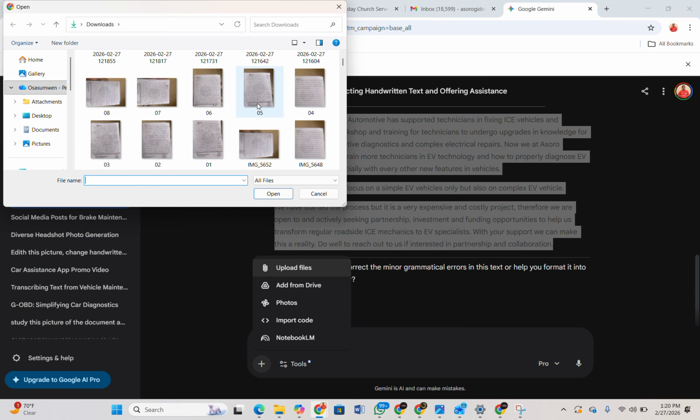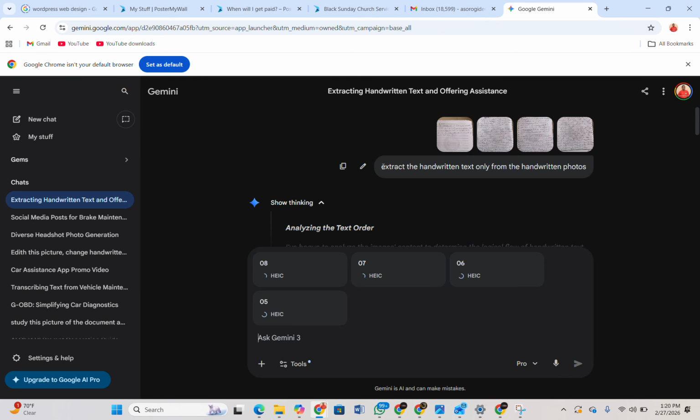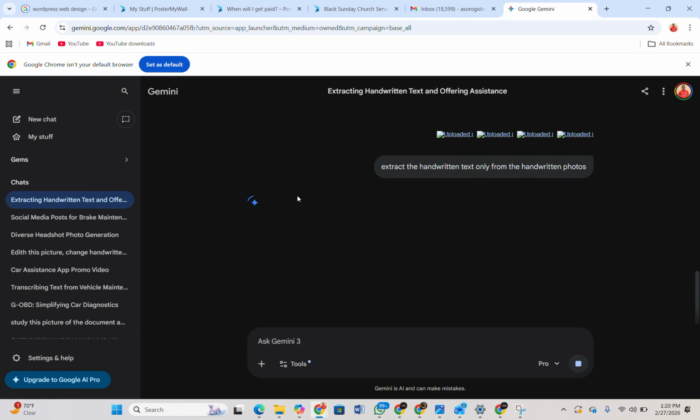5 to 8. So it's the same prompt. Where's the prompt? So I'm going to paste the prompt, and here we go. So it's going to get the handwritten text. Now, for the sake of this, we'll be using, what do we call it? We'll be using